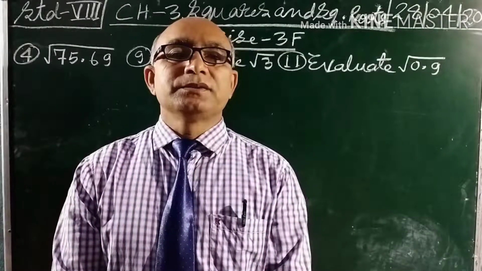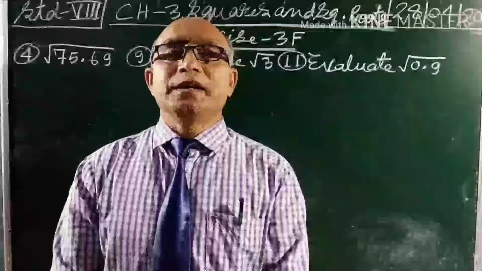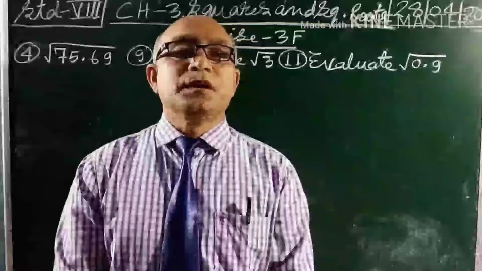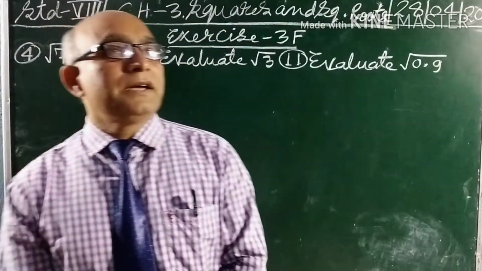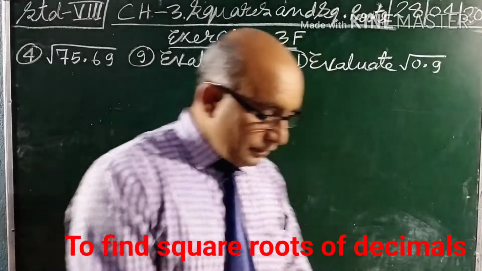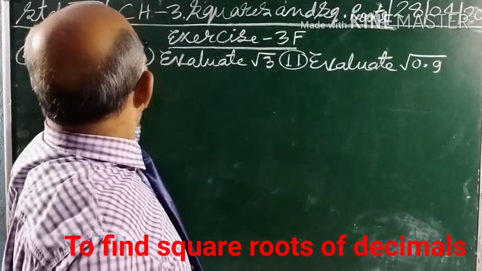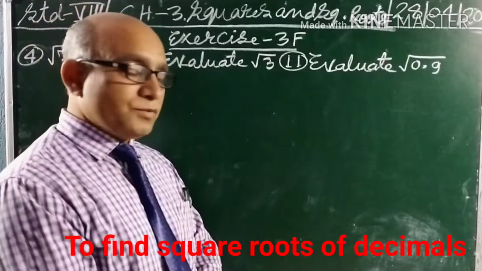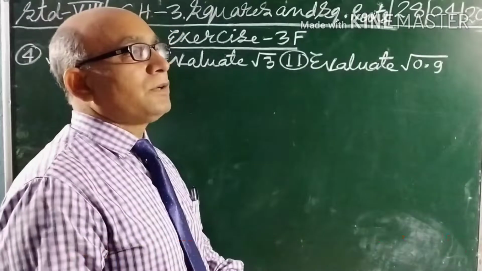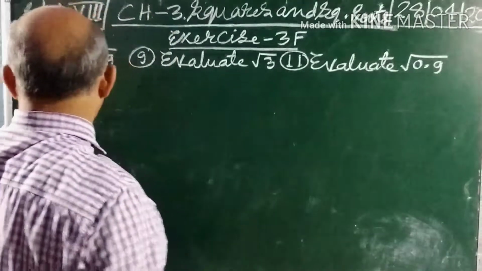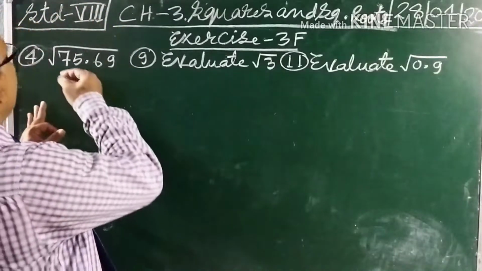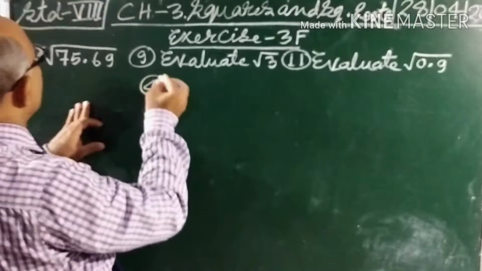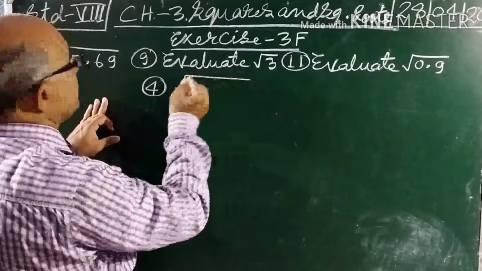My dear students, today I shall discuss with you how to find the square root of a decimal number. Exercise 3F of chapter 3, Squares and Square Roots. To find the square root of a decimal number, write on your board question number 4: find the square root of